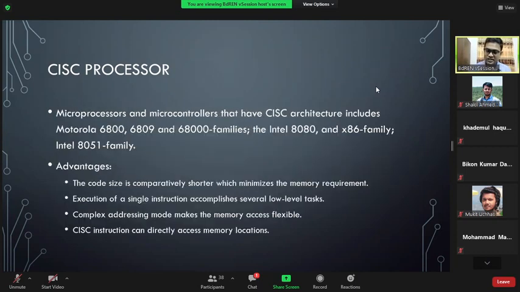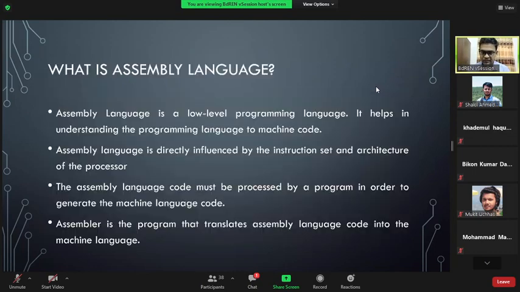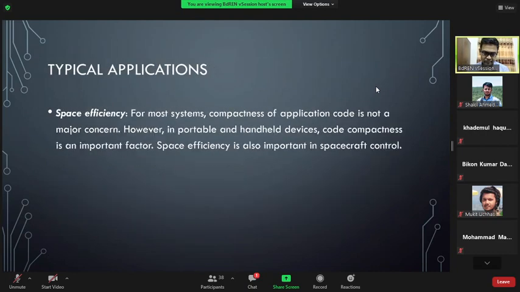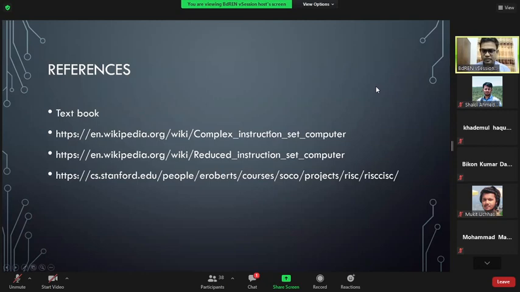So just give it a summary. If you want to know more about it, if you want to have more discussion or more description, it's always better to check the book, or I have given the reference at the last slide here in the Wikipedia, of course. It's complex instruction set computer, that is CISC, and reduced instruction set computer, which is the RISC. You can go there to the Wikipedia.